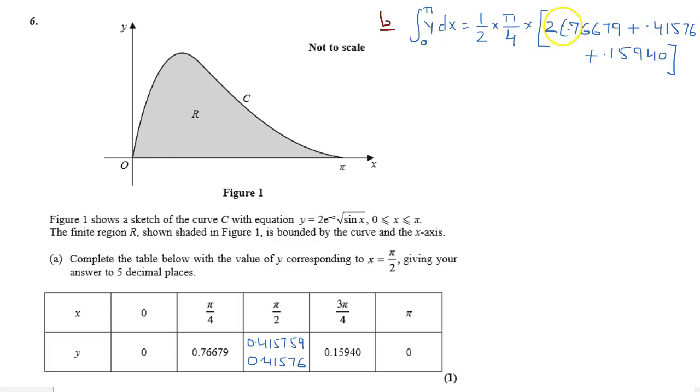Here the extreme values are 0, otherwise you would have to add those values. So that is equal to